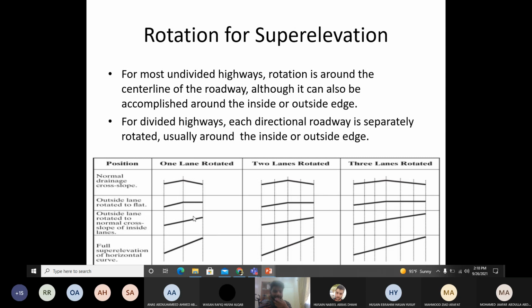And the second phase: you go from both edges having the same normal slope to both edges having full super elevation. So for example, this was 2%. You made it from 2% to 0, then from 0 to 2% upwards. Then let's say you required super elevation of 4%. So from 2% upwards for the full surface to 4% upwards for the full surface. Again, this is part of super elevation runoff.